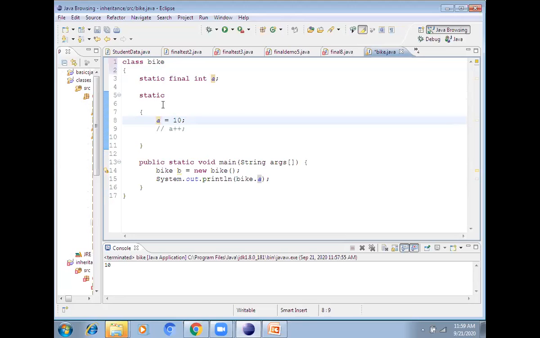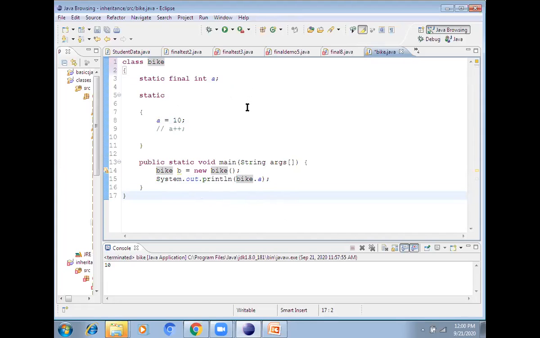Just remember this. Static blank final variables are final variables which are not initialized at the time of declaration, like this. If I am not initializing there, my initialization is done inside a static block. That is called a static blank final variable. And one more thing you observe here, notice carefully: I did not use an object here. I'm using the class name. Static variables and static methods are accessed through the class names, not through the objects of the class. So static methods and static variables belong to the class, not to the objects. This is an important thing you have to remember. So this is about static blank final variable.